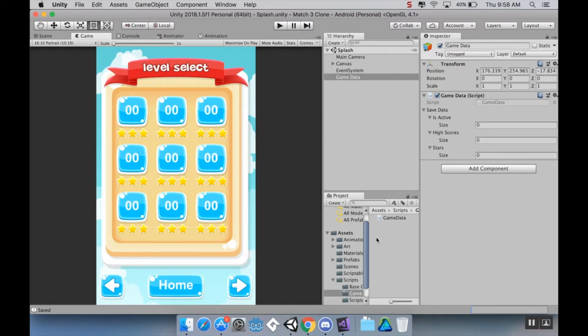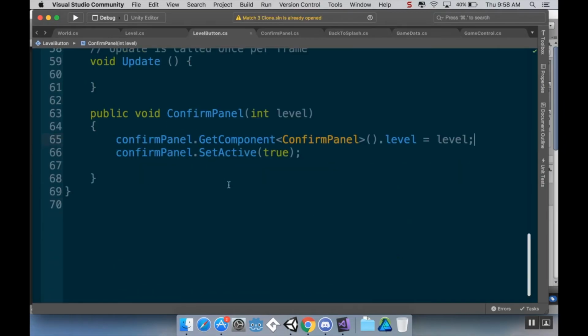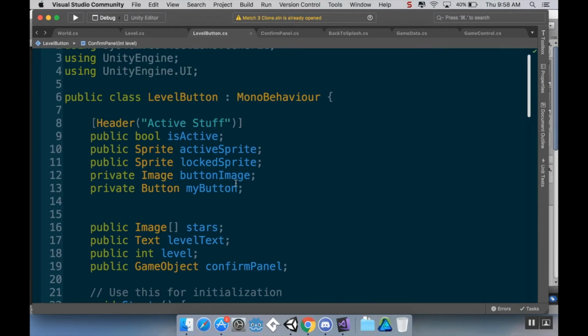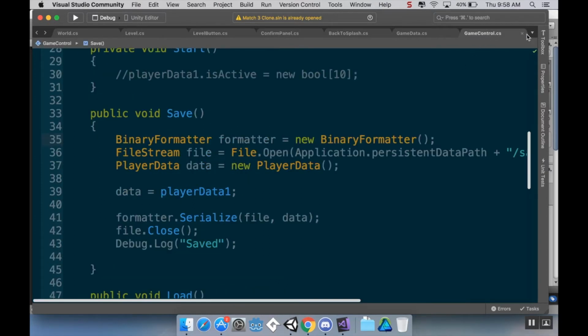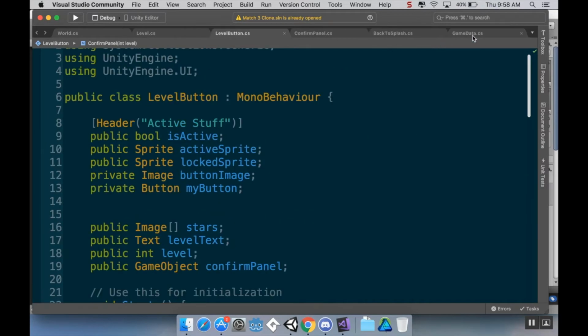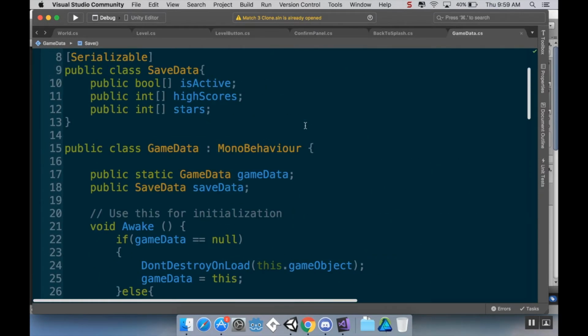So let's do that. First, let's deal with the active part, only showing active when it should be active. What we're going to do for this is find our level button script right here. We're going to open that up, and then first we need to make a reference to the game data, or did I call it game control? Oh, that's from another version. First we need to make a reference to our game data. So in level button,